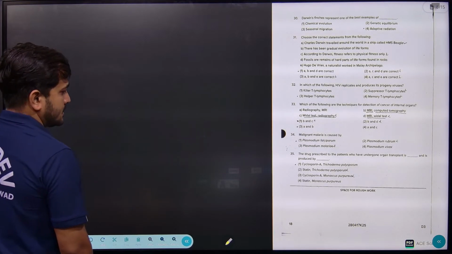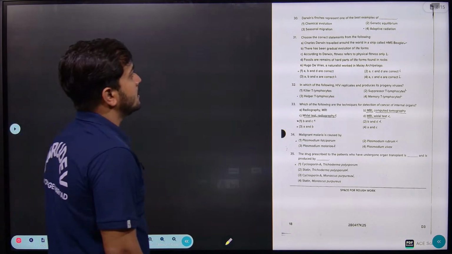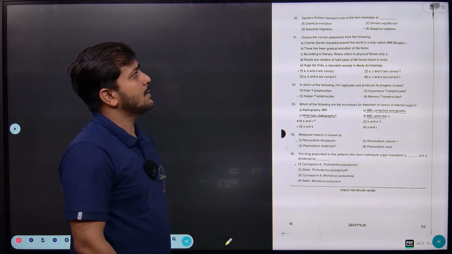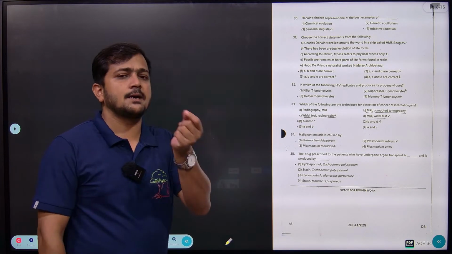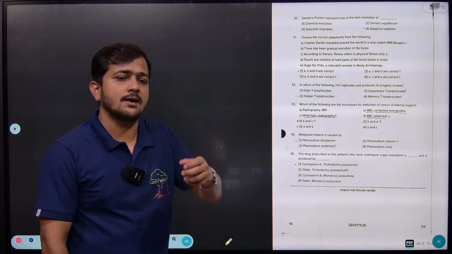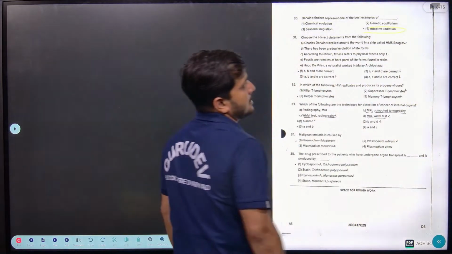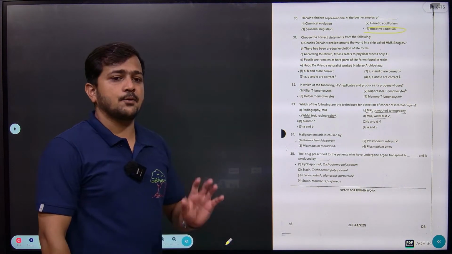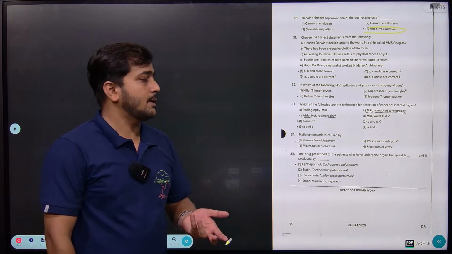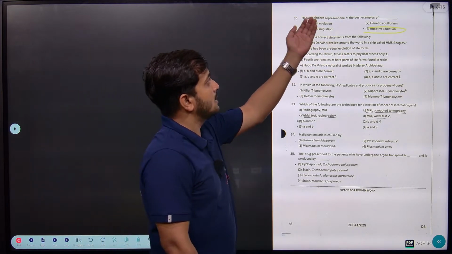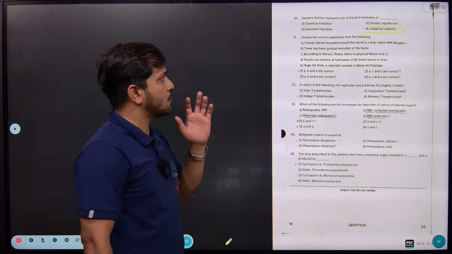So the next question, that is the 30th question, right? Darwin's finches represent one of the best examples, by seeing the variations of the finches, right? One is blunt, one is pointed, so different, and that shows adaptive radiation. Due to the adaptive character only, the change in the structure that the organism has undergone, that is why Darwin's finches represent one of the best examples of adaptive radiation. A direct question it is.